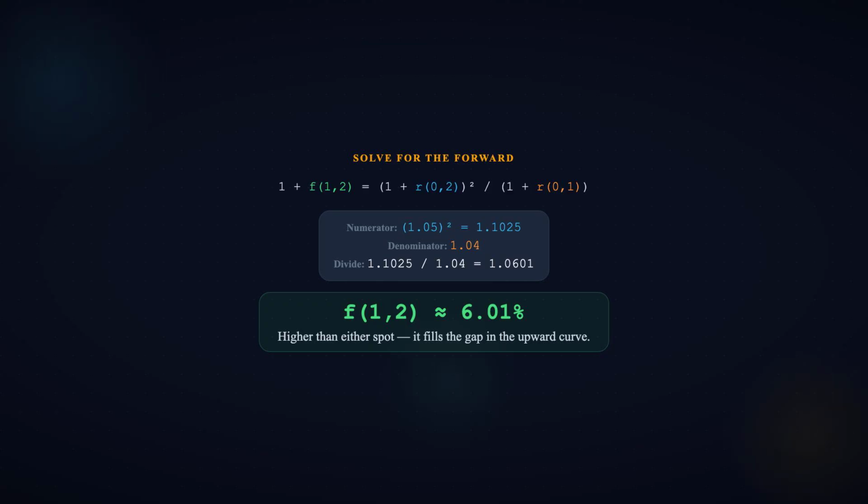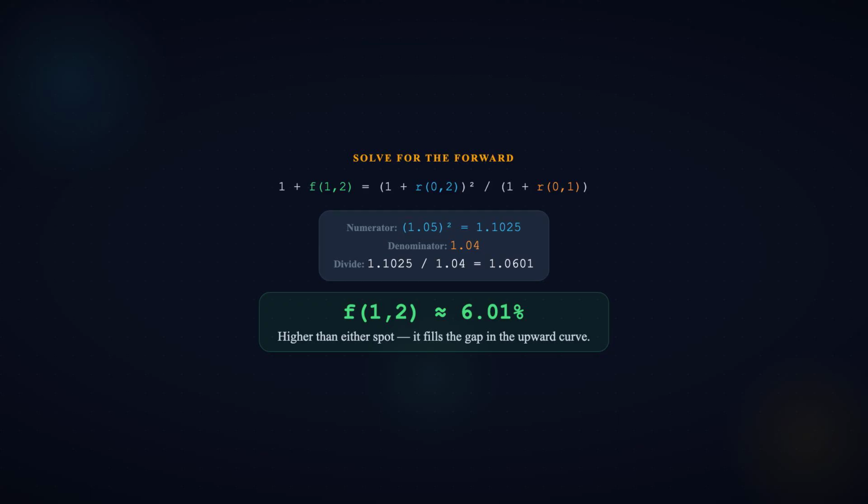Now plug in the numbers. The numerator, 1.05 squared. That is 1.1025. The denominator, 1.04. Divide. 1.1025 divided by 1.04 equals approximately 1.0601. Subtract 1. f(1,2) is approximately